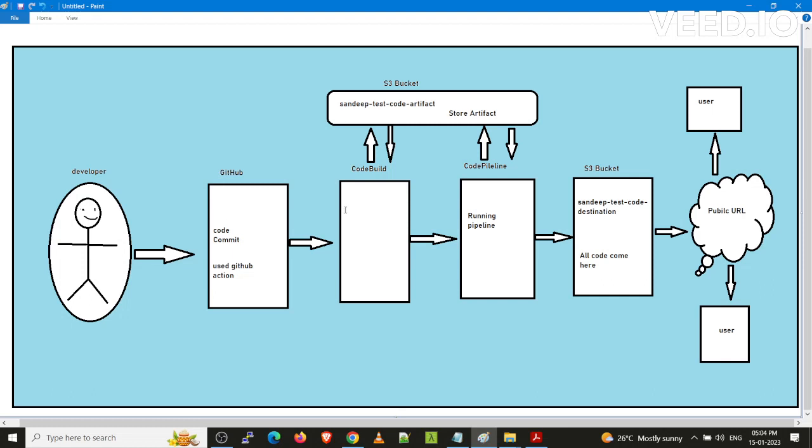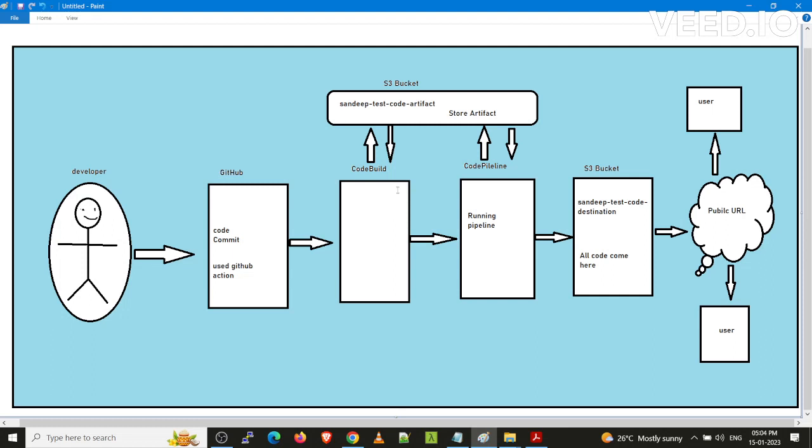It takes the code and stores it in the S3 artifact bucket, which means the artifact is created.